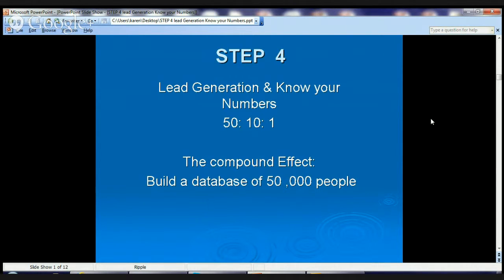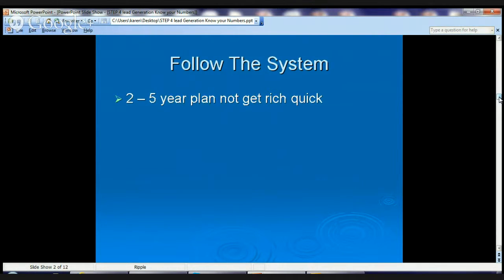It's a very easy thing to do these days. It's never been easier. But a key thing to understand is that this is an ongoing process, and as you build your business each year, the number of leads that you have compounds up because, as you'll see in a second, you can use those leads over and over again by using the system that we've developed. So it's not a get-rich-quick scheme. It's a 2 to 5 year plan to build a database of 50,000 people by generating a minimum of 50